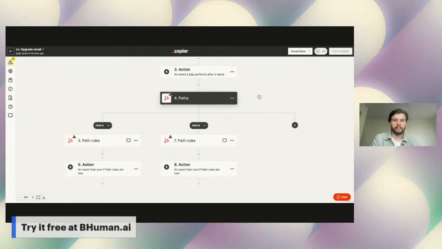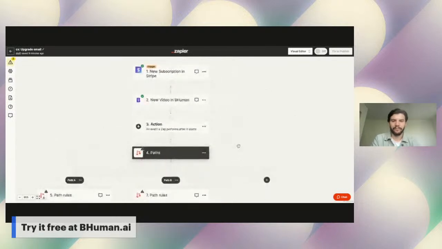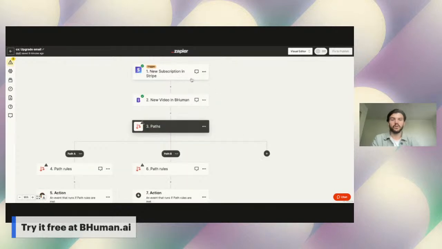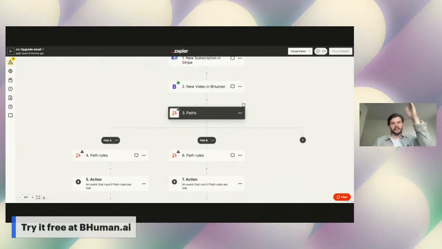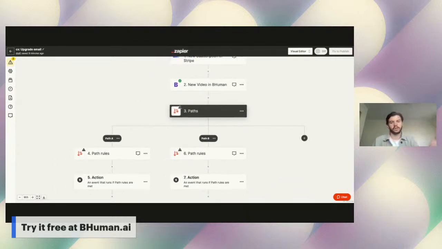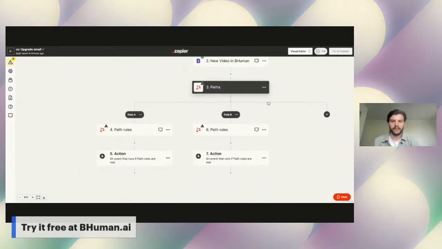So we're building our flow with paths, right? So basically this is saying that when there's a new subscription in Stripe, then generate the video in BHuman, and then take a couple of different courses based on the conditions. So path A, right? So we can say something like,